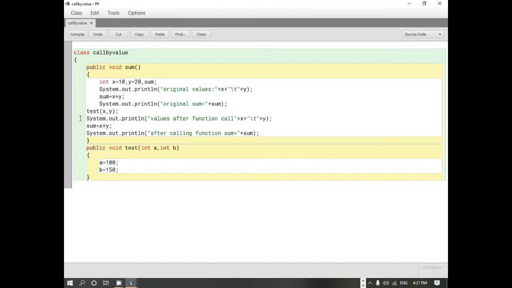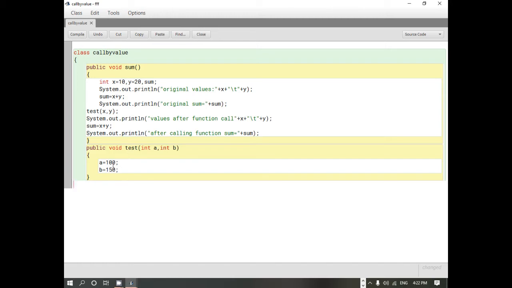Here you can see that this function has been called over here, and then again we have found what will be the value after calling this function. So this is printed over here. This is the original values, and this is after calling the function. So in the function we are changing the value of the variable. In this method, the main thing is to see whether the change happening in the formal parameter will be reflected in the actual parameter or not.